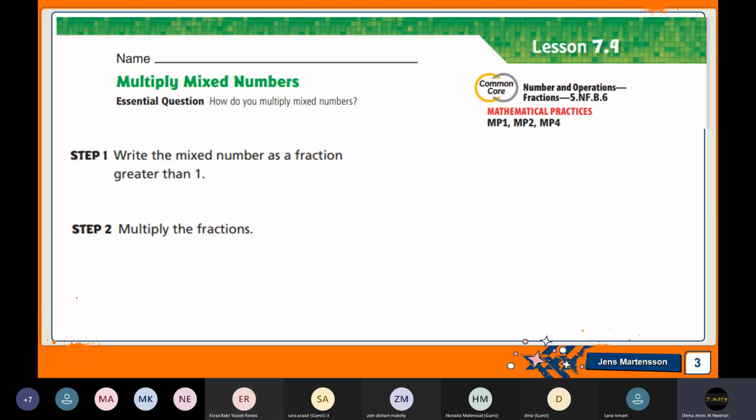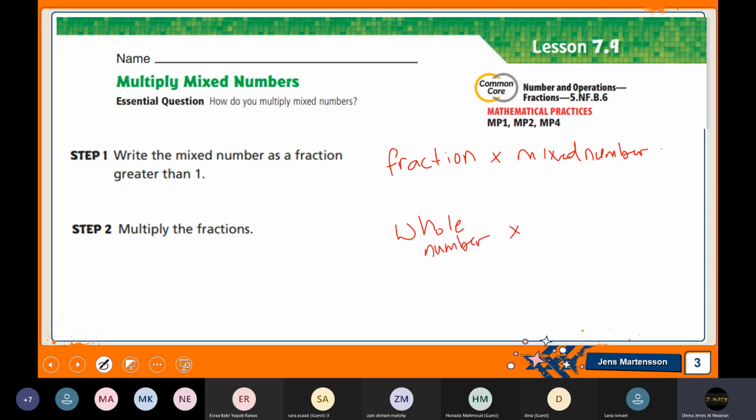We have now three cases in multiplying fractions. The first case, if we have a fraction times a mixed number. The second case, if you have a whole number times a mixed number. And the third case, if we have a mixed number times a mixed number. How will they be? The first case, if we have a fraction like 4 over 5 times a mixed number